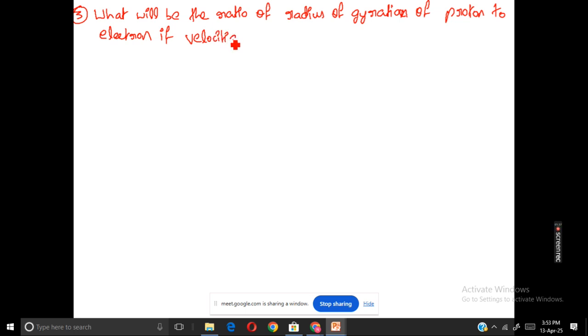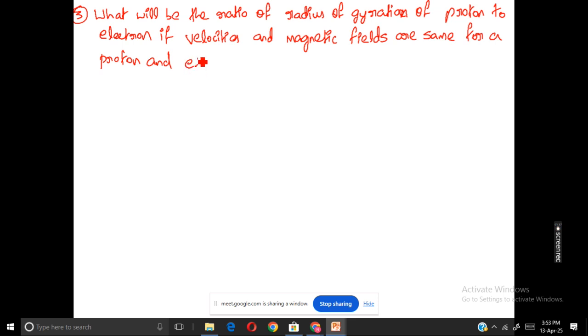velocities and magnetic field are same for a proton and electron. What will be the radius of gyration of proton and electron if velocities and magnetic fields are same for a